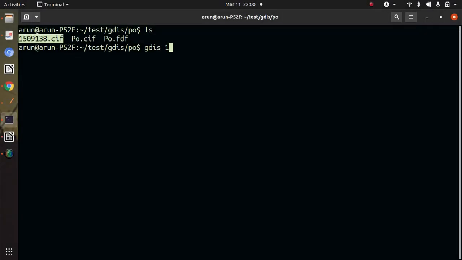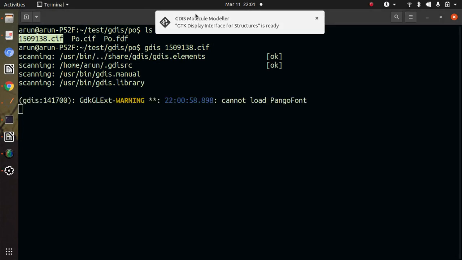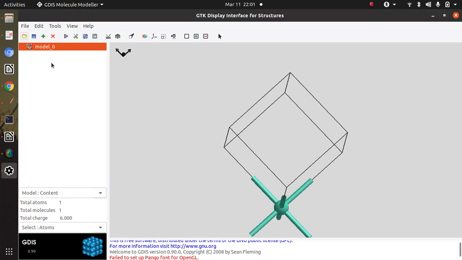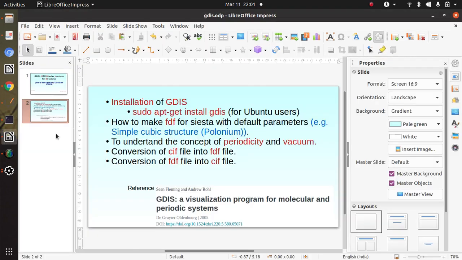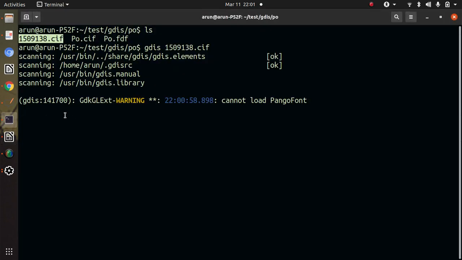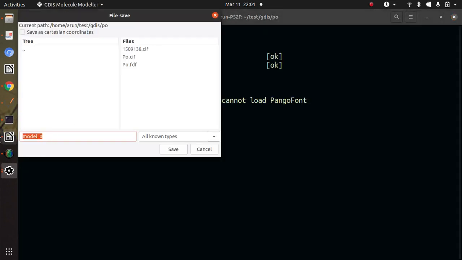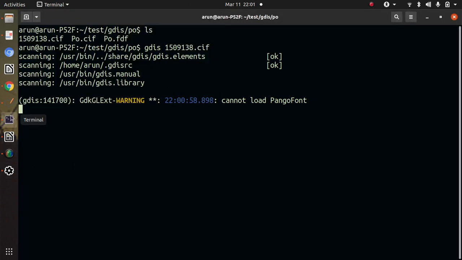Let us try to open this in GDIS. This is the file, and I can also save this file as an FDF file. Say I am saving it as polonium underscore 150911138 dot FDF.